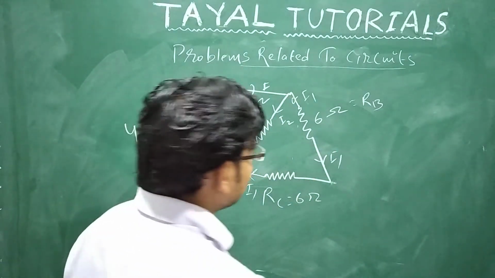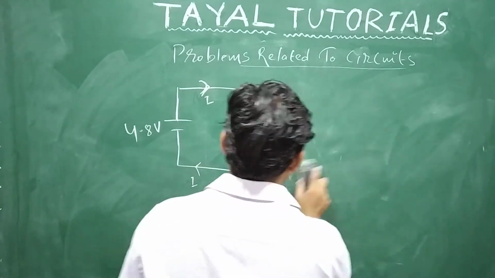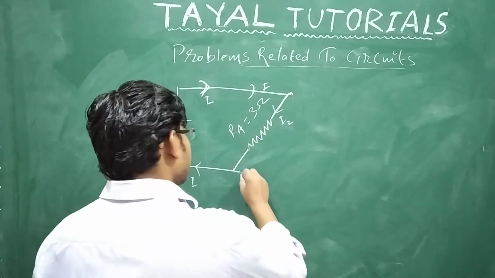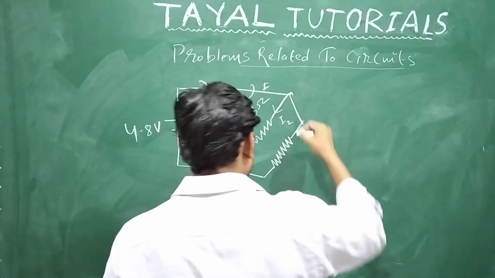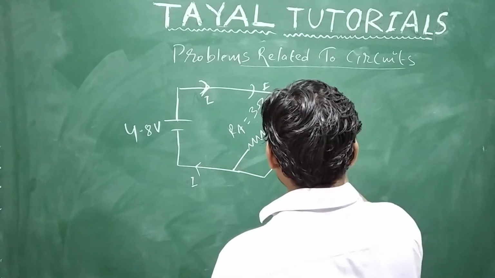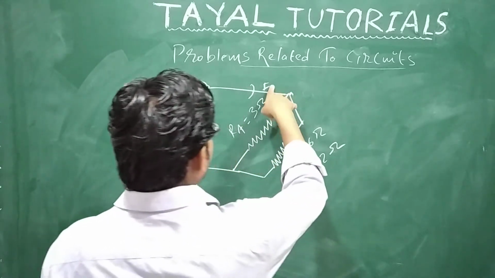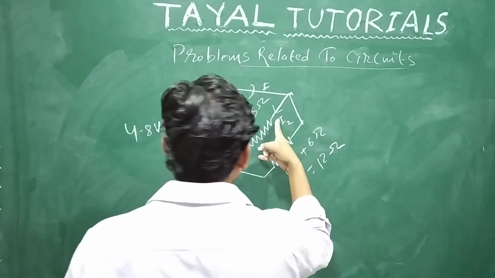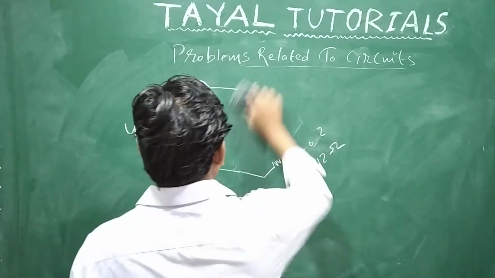So what I can do, simply, I am just removing that circuit and making an equivalent of these two. How are we doing it? Because the series currents are the same, we just add 6 plus 6, that will be 12. 6 ohm plus 6 ohm, that will be your 12 ohm. You can see now, in the same circuit, the current is coming, again the current will see two paths, so the current is getting divided, and the voltage across these two is the same.